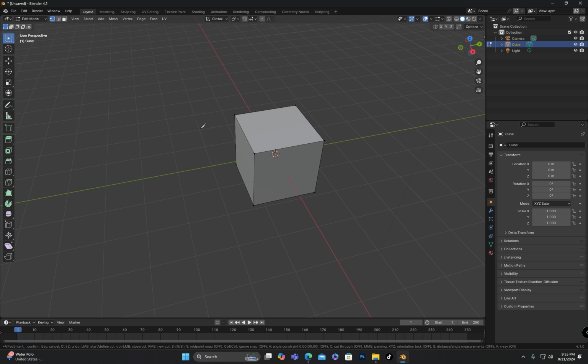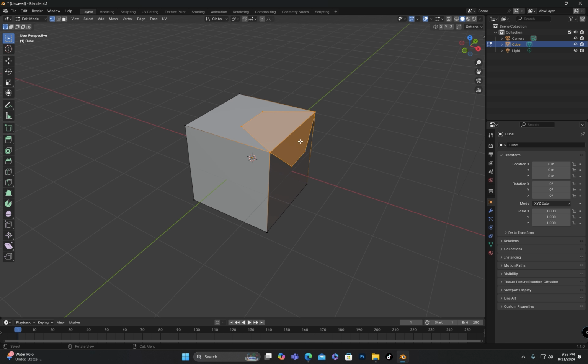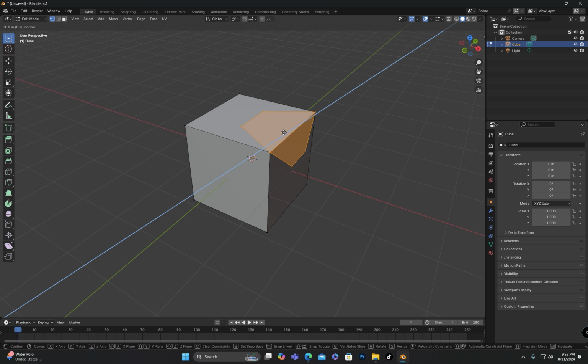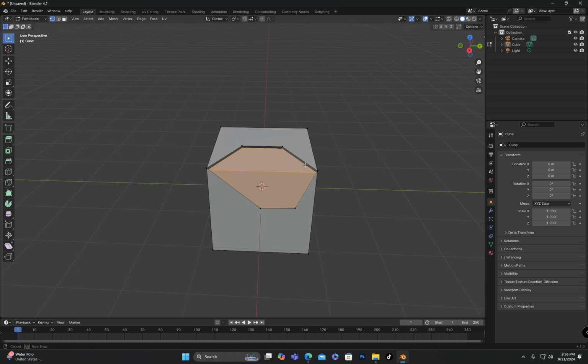Now I can click anywhere on the object to draw any shape and add geometry. Wherever I click, vertices will be added. When I press enter, the geometry will be created. So in this way, we can draw any required shape on any object and work on it. For now, I will undo my actions.